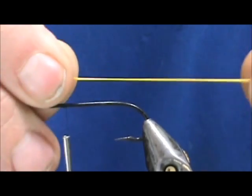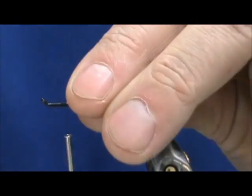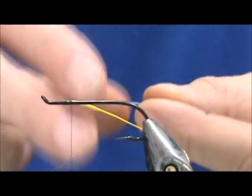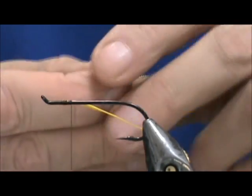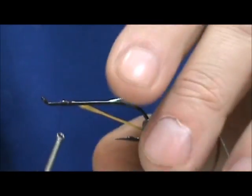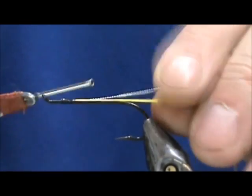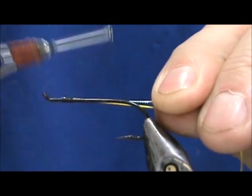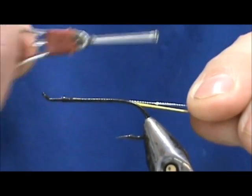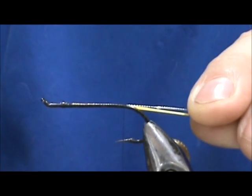I'm going to start by putting on the body material, and this is an orange or a yellowish orange floss. I'm going to tie that in right behind the tie back. Then I'm going to tie in the rib, which is going to be an oval silver tinsel. I'm going to hold these both together, and I'm going to keep them on the side. I'm going to take them right down, and we're going to stop about where it would hang at the barb, maybe halfway between the barb